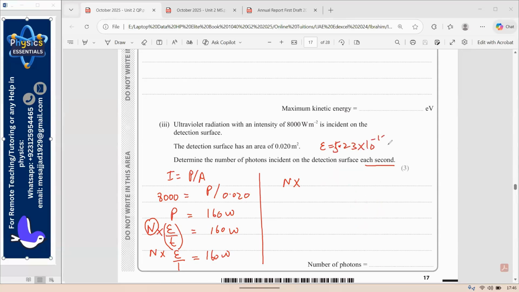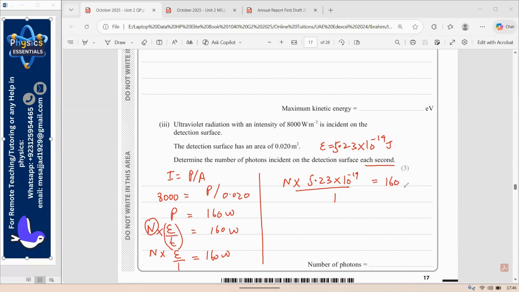Got it? So you are just putting in the value here now. So n into 5.23 into 10 raised to the power minus 19 divided by 1